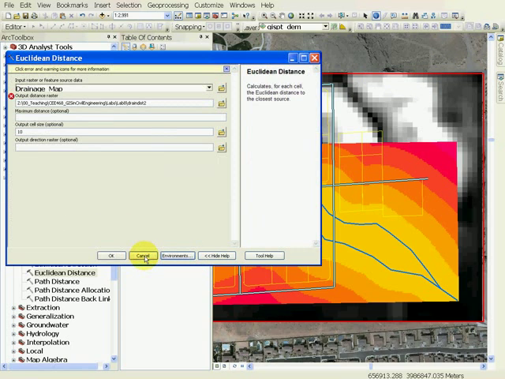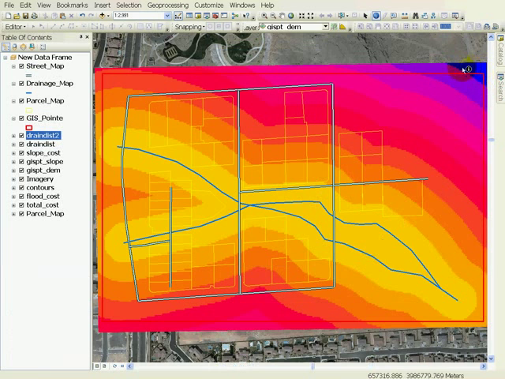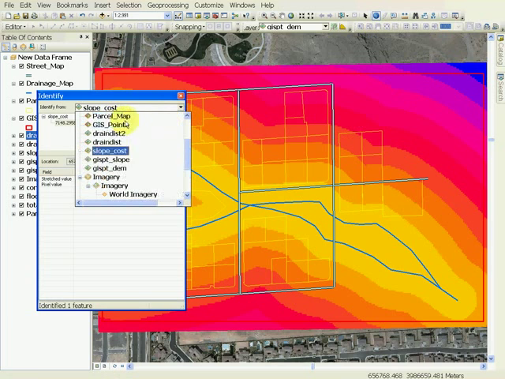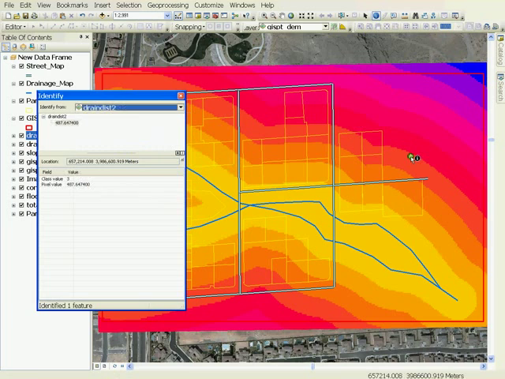And let's click OK, and you have already given the name. Click OK. You will see that in this case it has created a proximity or Euclidean distance map for the whole image corresponding to the extent of the DEM. Again, if you click Identify and select any pixel, make sure that you have drainage dist 2 selected. You will see that it has a value which is its distance from the drainage